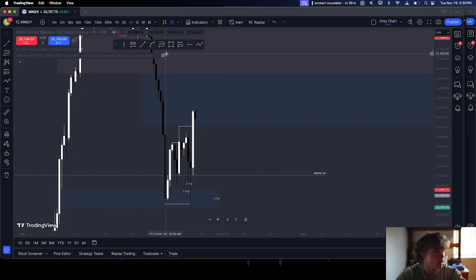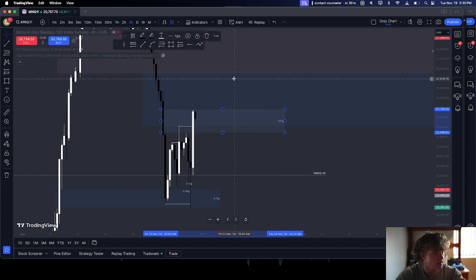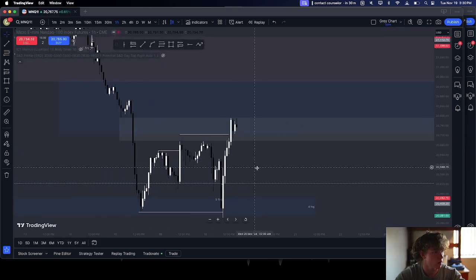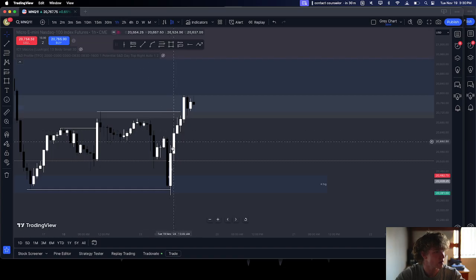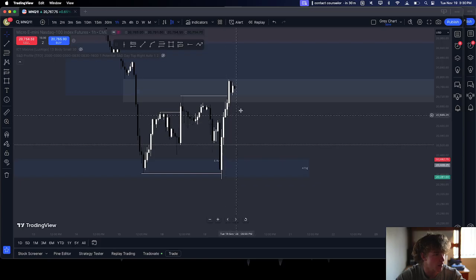We also have this 4 hour, which is honestly not bad, because I am looking for a sell back down before I go long again. There's a fair value gap right here. See this? I don't really think we're going to go back here, but if we do,